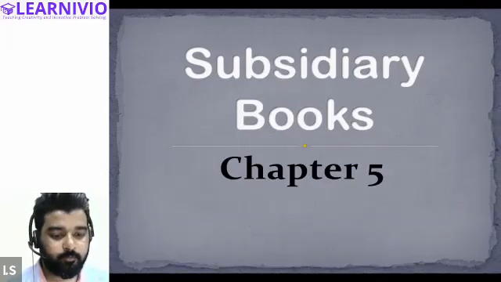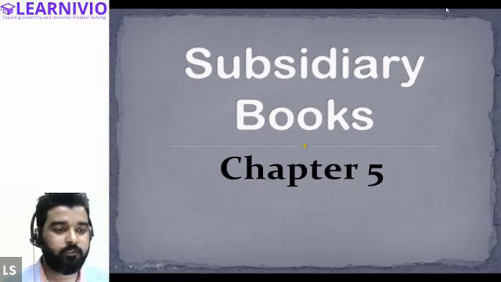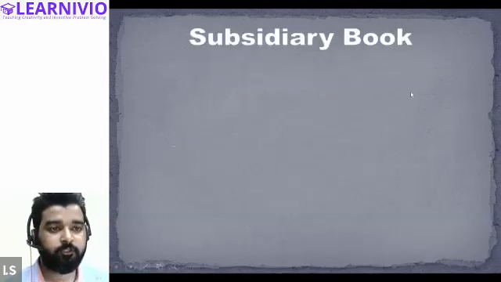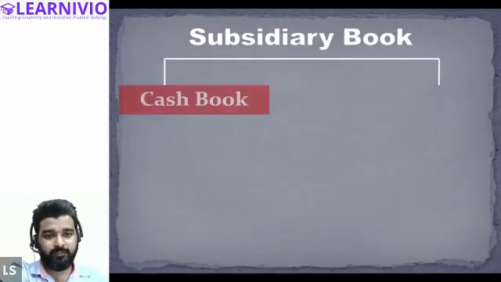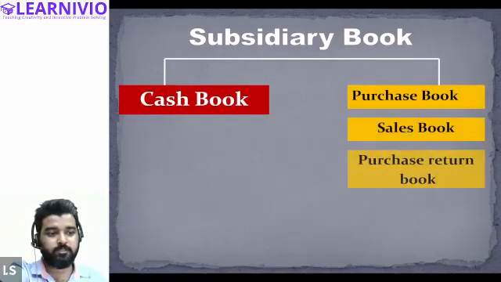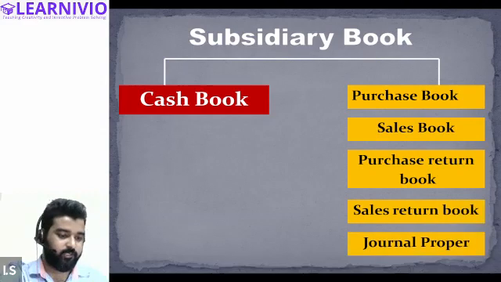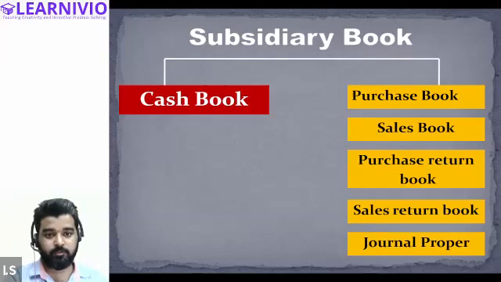All right. So, first of all, in this chapter on subsidiary books, we have understood that subsidiary books include these books: cash book, purchase book, sales book, purchase return, and sales return, and after that journal proper. So you can simply say that there are six subsidiary books. Cash book we have already covered. There is a separate dedicated chapter based on this, and the other subsidiary books are kept under the same chapter. So purchase book, sales book, everything we will be studying in this chapter.